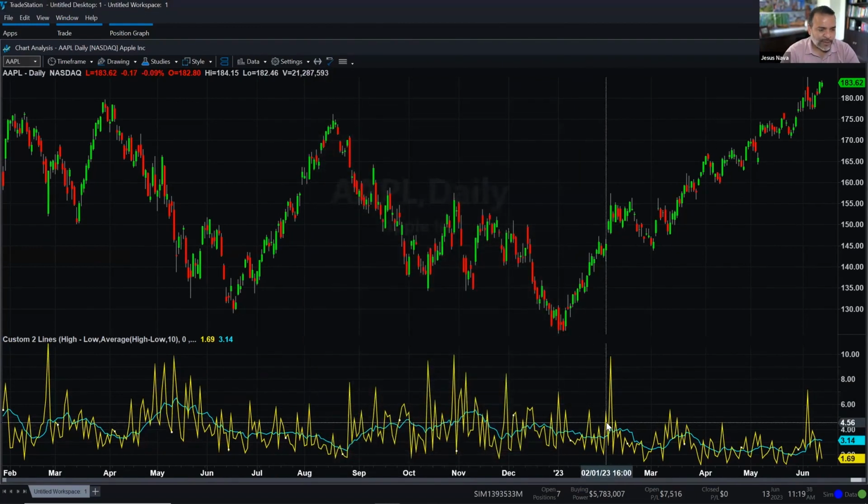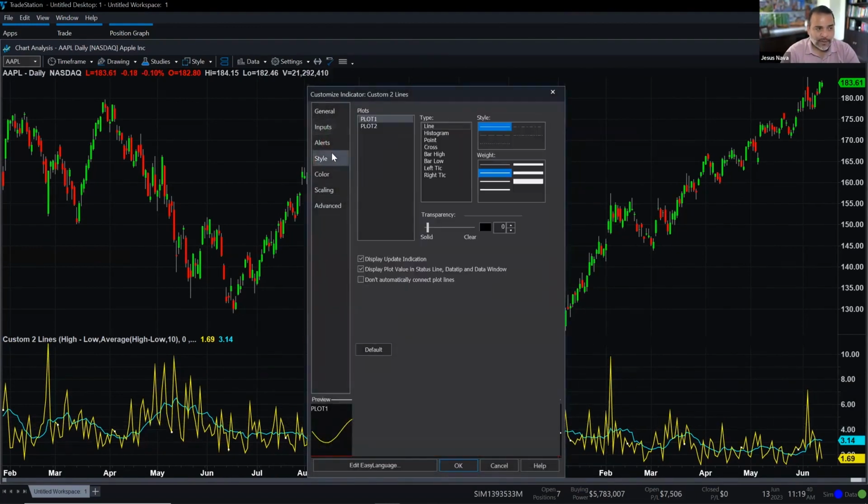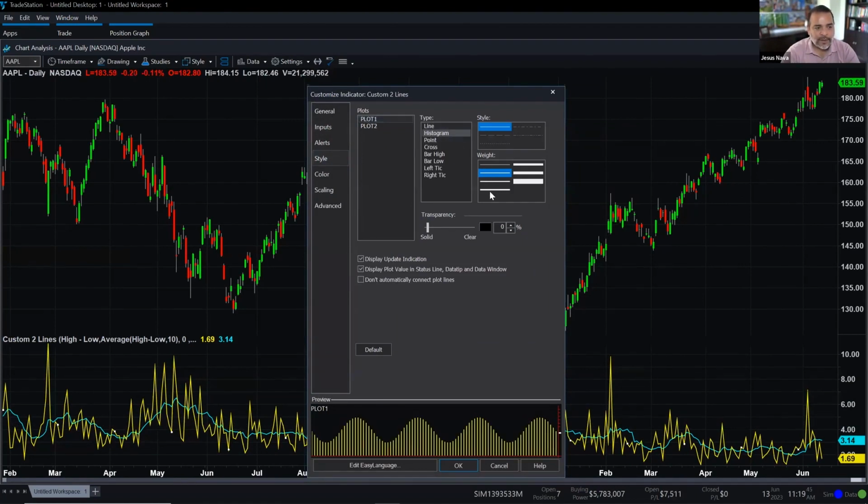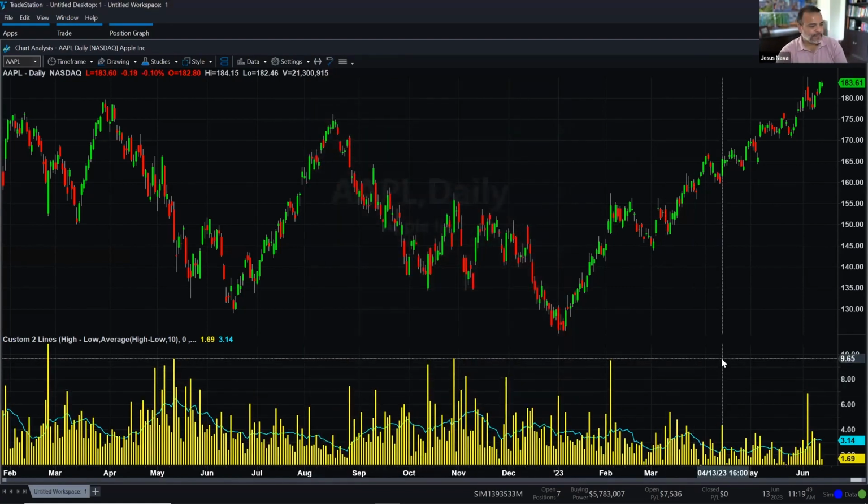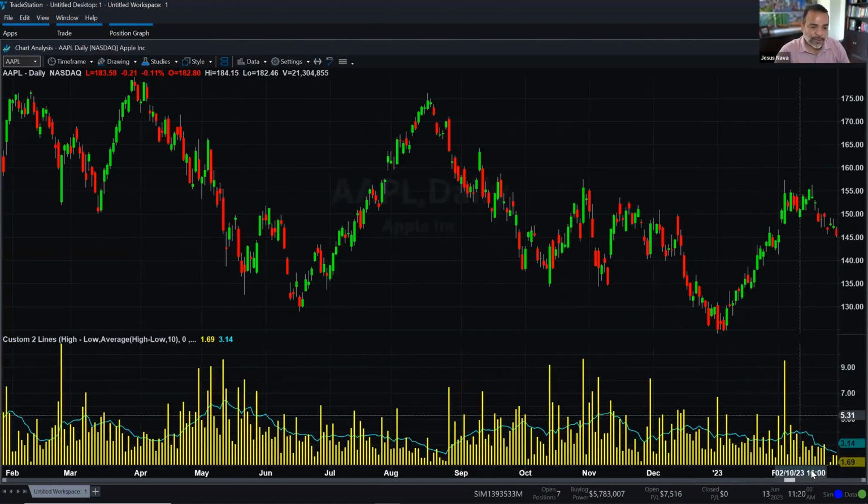I'm going to double click on the indicator one more time, go to the style, and I'm going to make the plot one a histogram, and I'm going to make it thicker, and then just click OK. So now it gives you a very nice representation of what's happening to the range. And you can see if the range is above average or below average. So if we open up the chart a little bit,